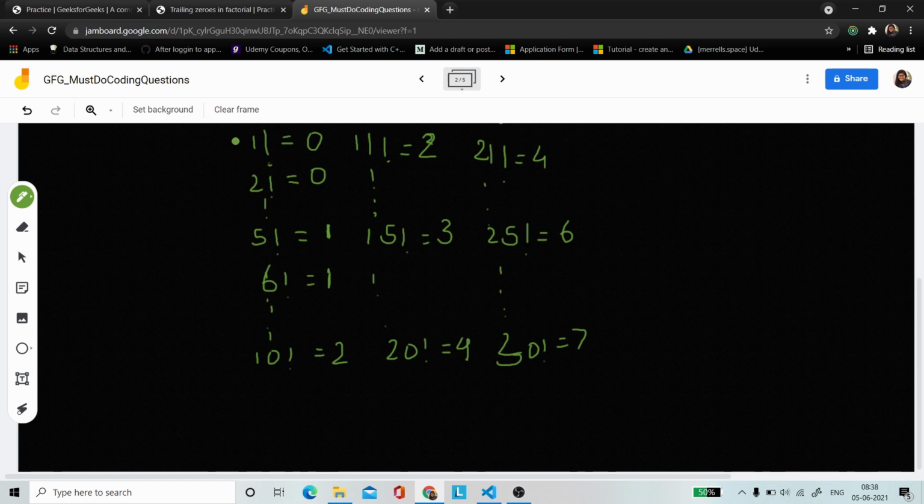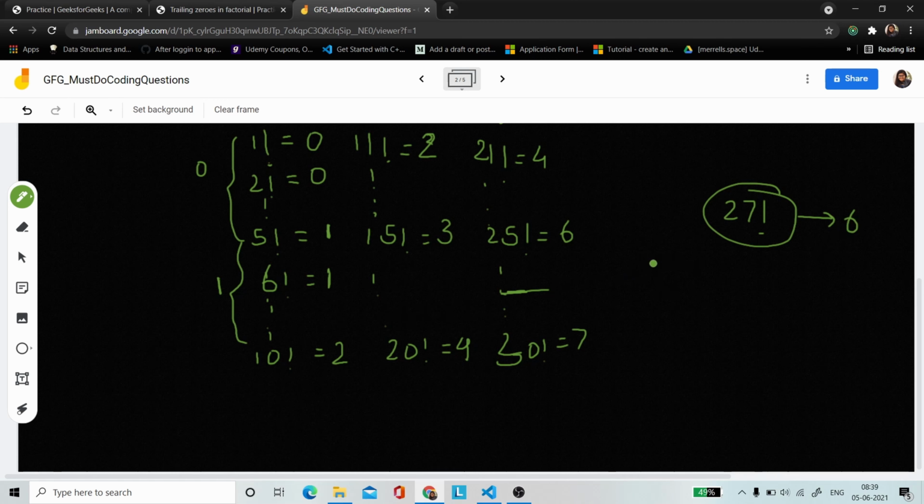So as you can see, here you have 0 trailing zeros in the first interval, then in the second interval you have 1 trailing zero, and so we can use this pattern to find the number of trailing zeros. So for example, if you have to find the number of trailing zeros in 27 factorial, let's suppose, then seeing this range you can say that it comes in this range, so the number of trailing zeros will be equal to 6, right?